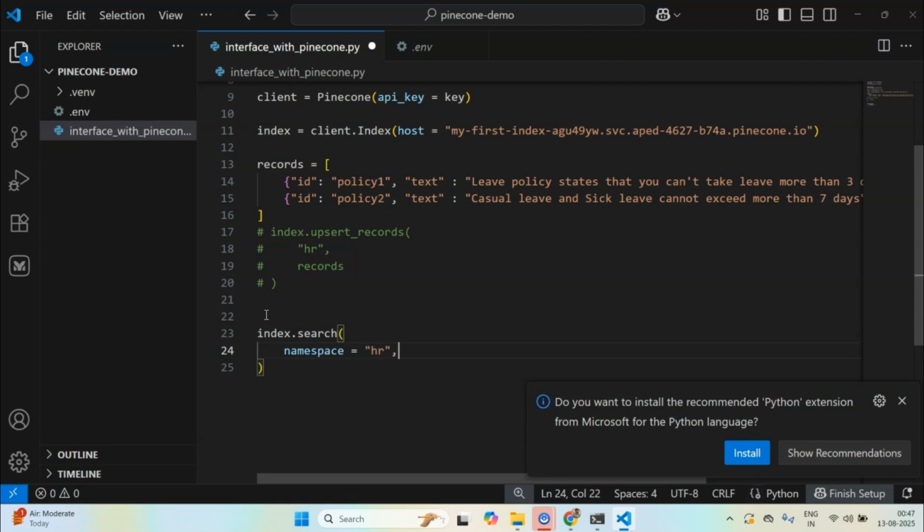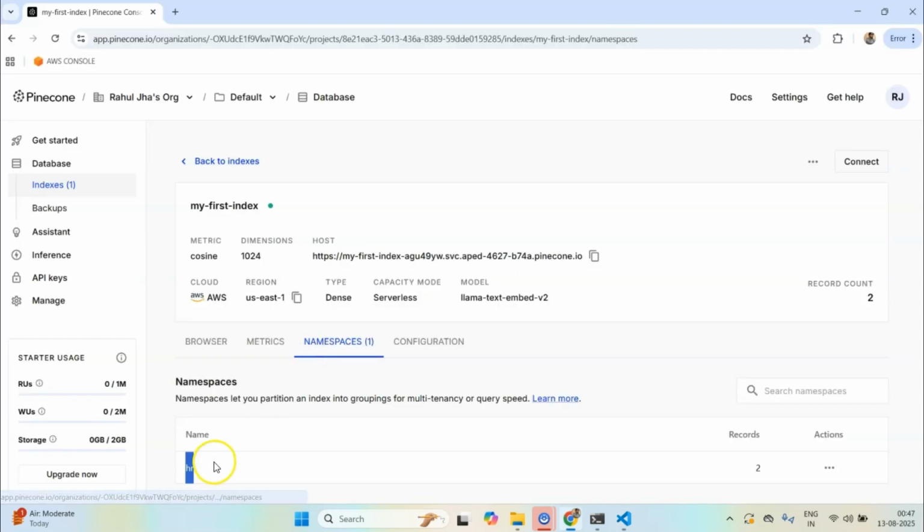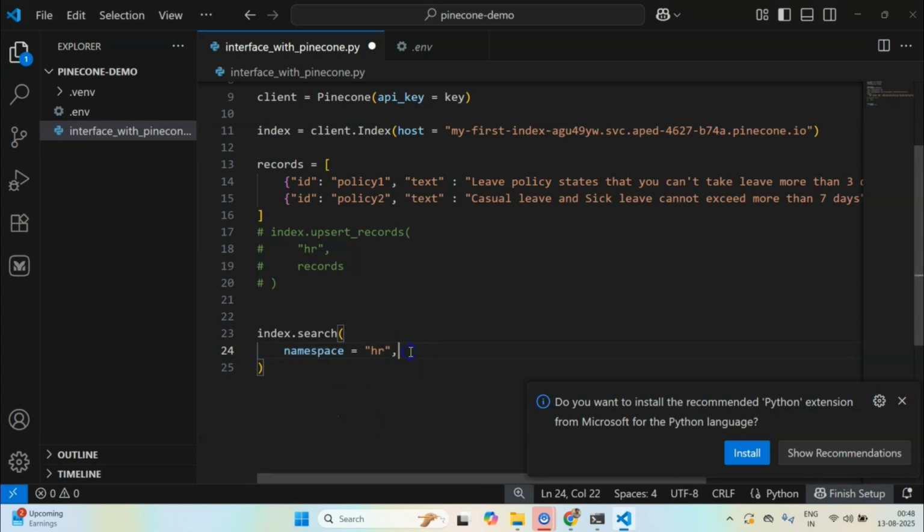Now this namespace has decreased the number of records. In a production setting, you might have billions of vectors, and HR might contain maybe 100k vectors. So if you provide the namespace, you have decreased the possible vectors where the index has to make the search.